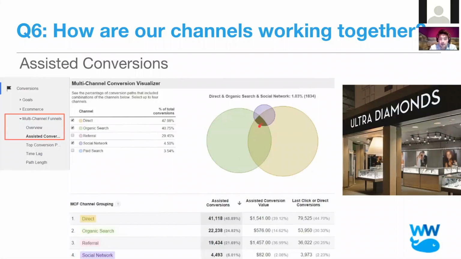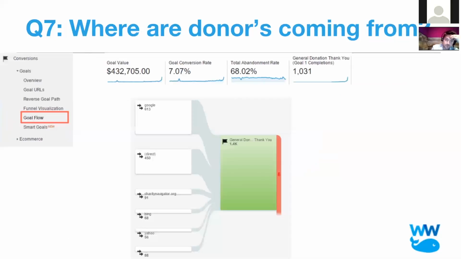So maybe we have a Match.com over here, and then there's a diamond. The assisted conversions counts all of these in aggregate. Somewhere along the line, did this traffic source contribute to the eventual wedding? So it tracks all of those on a 90-day rolling window and can be very, very helpful to understand the true value of things like organic search or social network traffic, which tend to be assists, but maybe you miss that value if you're just looking at the last click conversion, kind of like just looking at the diamond store to tell whether or not people are getting married or buying diamonds.